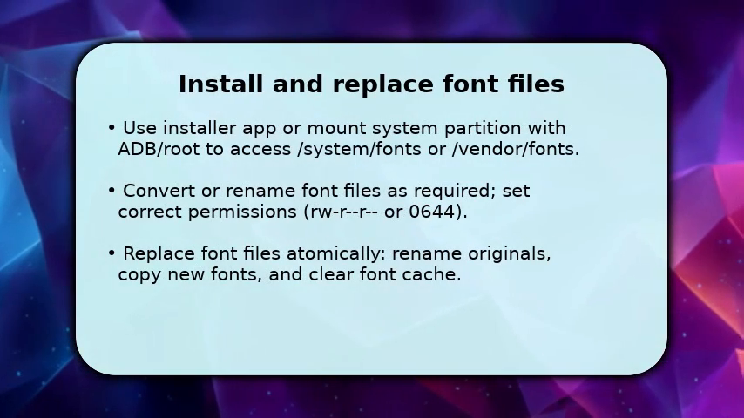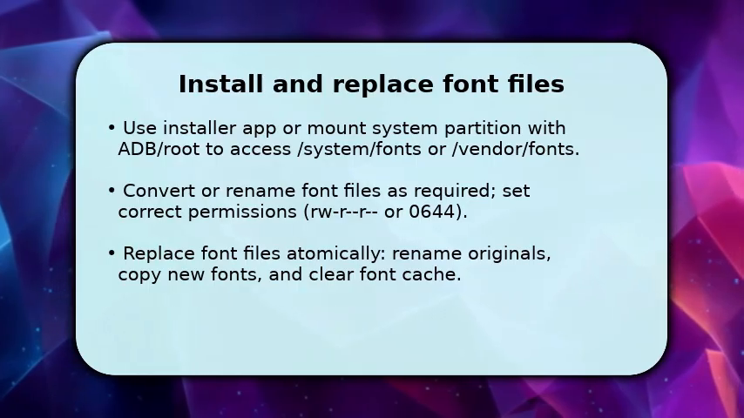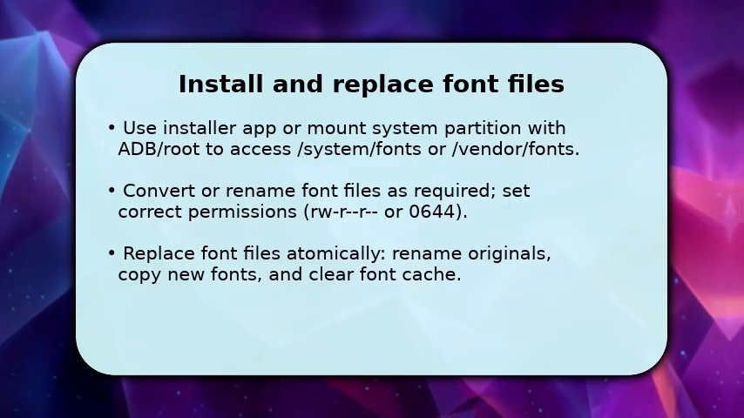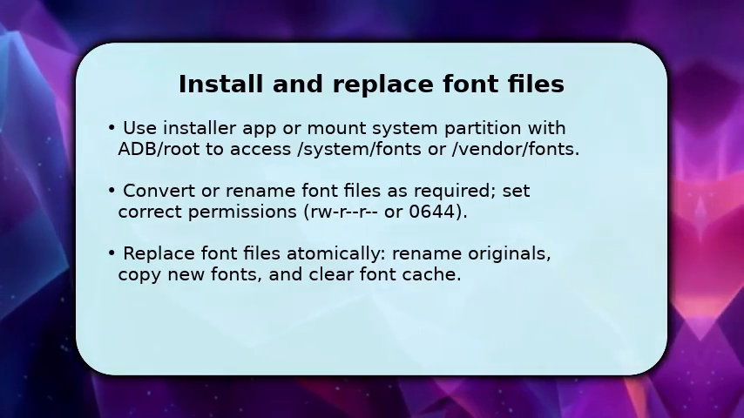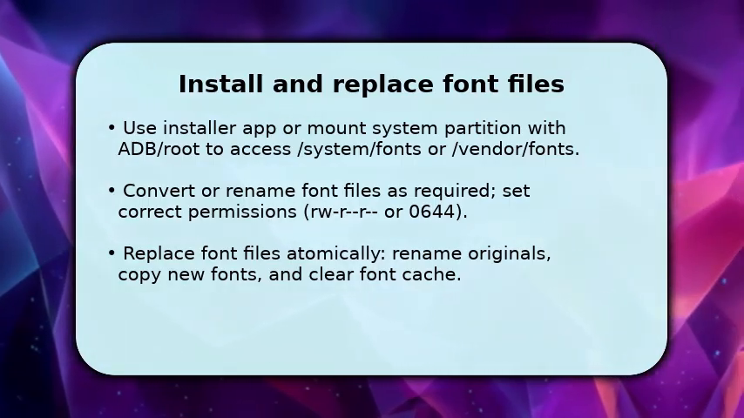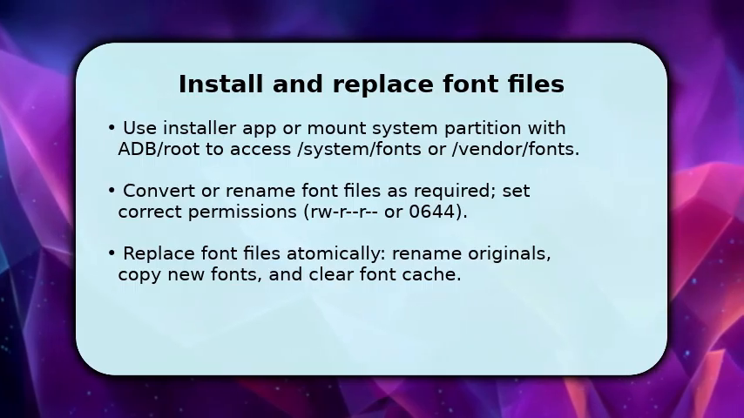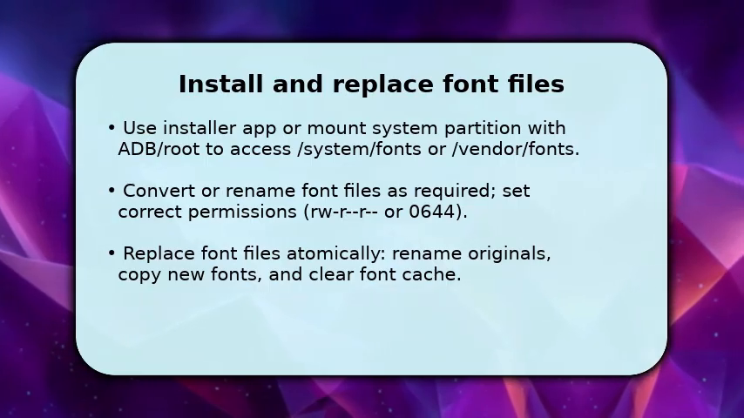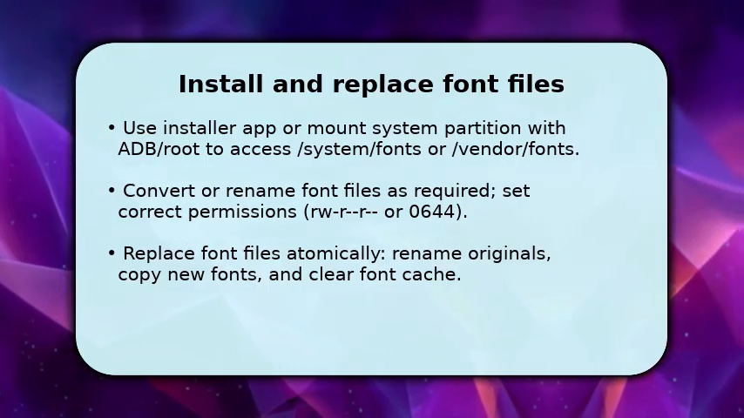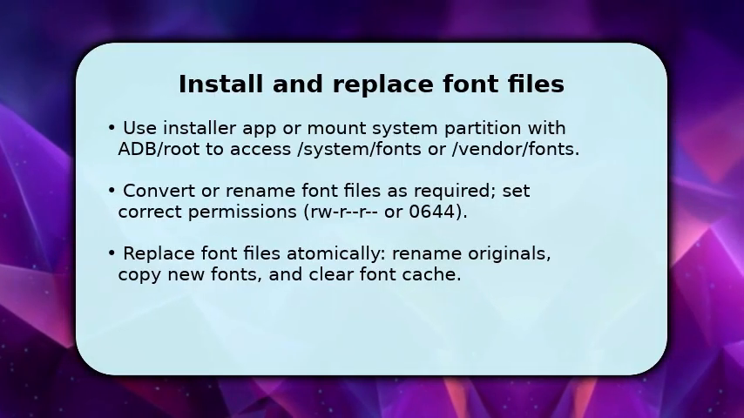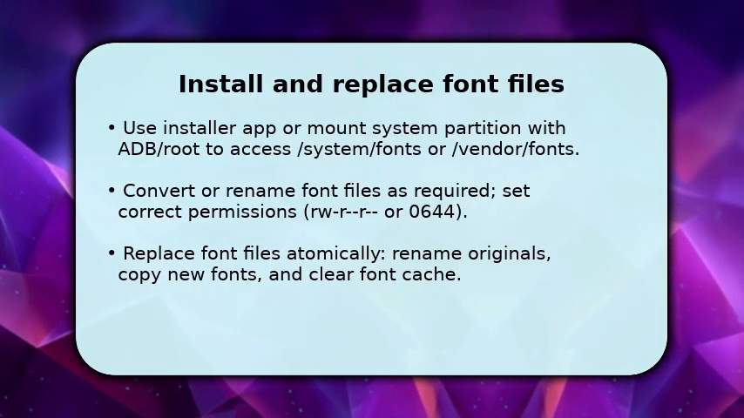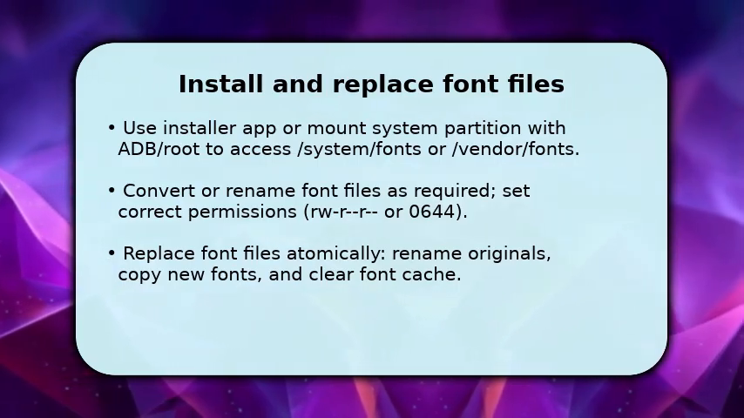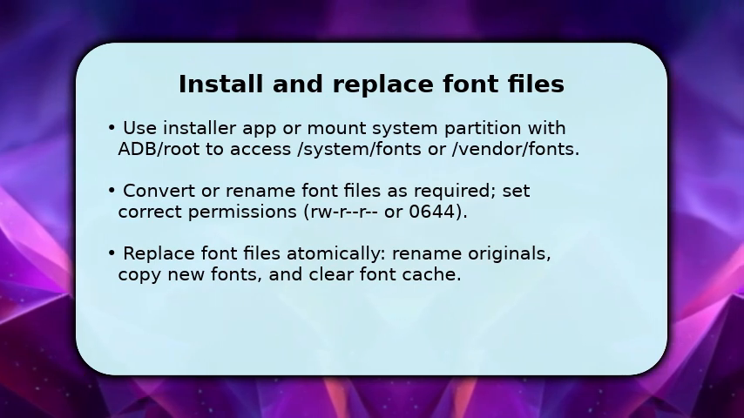You now perform the core replacement. Either use the font installer to push fonts or mount the system partition via ADB/root and navigate to /system/fonts or /vendor/fonts. Convert fonts to compatible TTF/OTF if needed and rename them to match system file names. This ensures apps reference the new font. Once copied, set file permissions to 0644 and ownership to system. After that, clear the font cache or run the system font cache rebuild command, so Android recognizes the new font